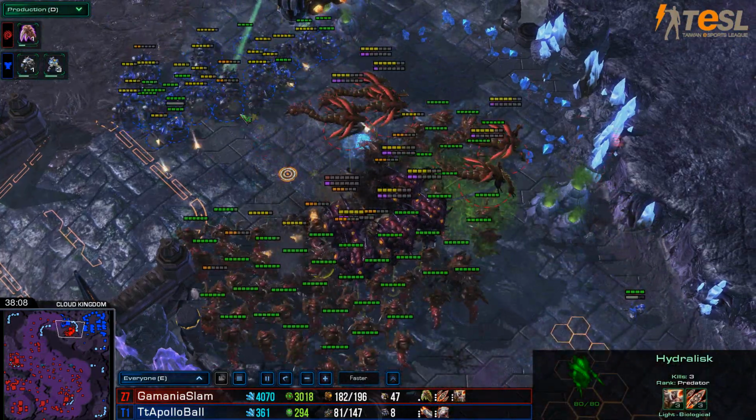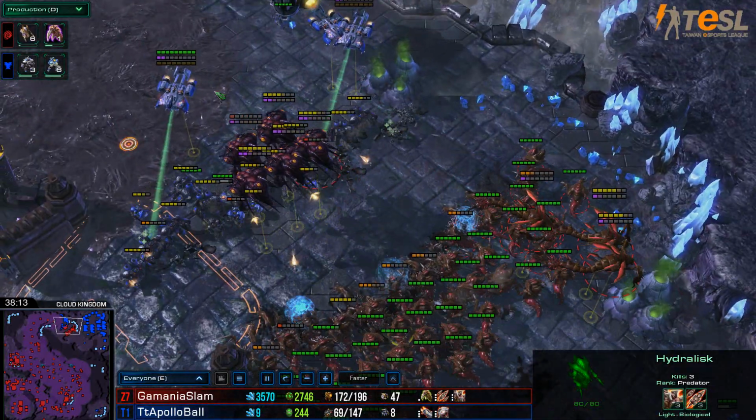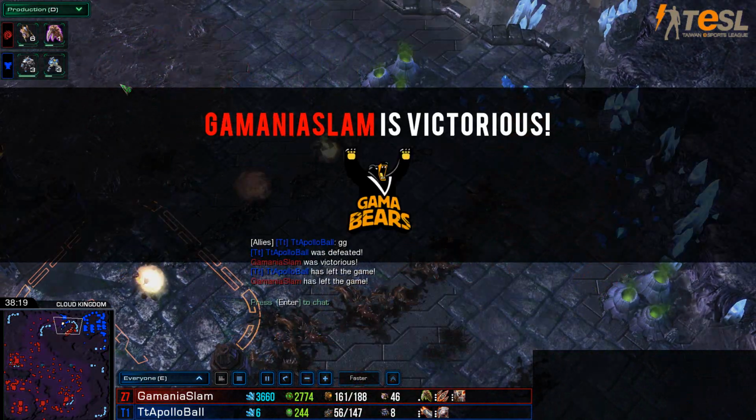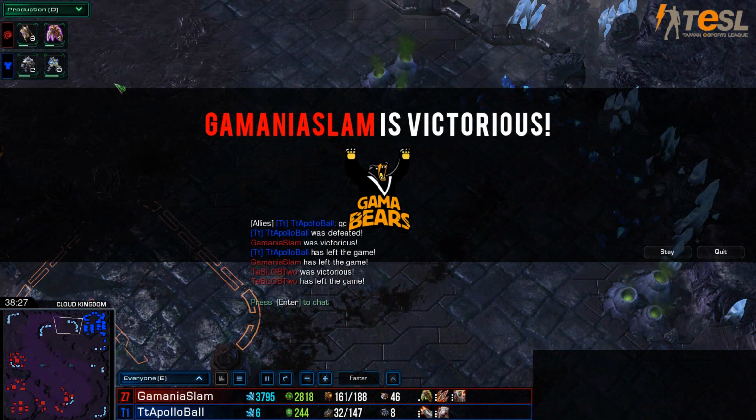As the Hydralisks now once again try to engage. All right. The Vipers trying to pluck some more units. Is it going to be enough? Once more we can see, and there we have it. There is the GG. Apollo's Ball gives the GG, and Gamania Slam, I believe, has not lost a game yet,